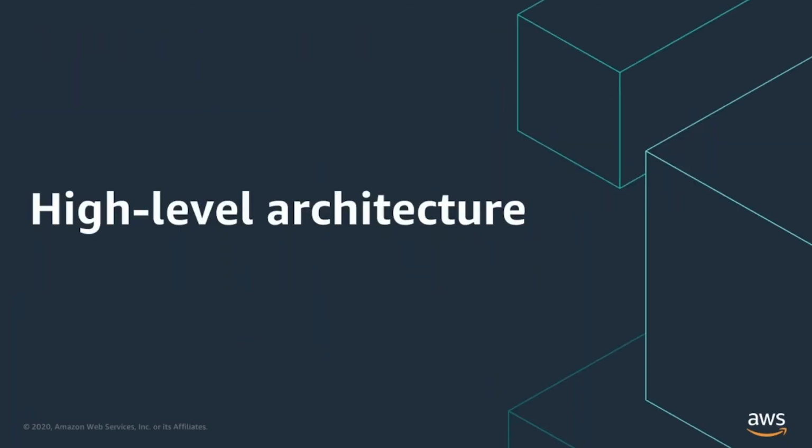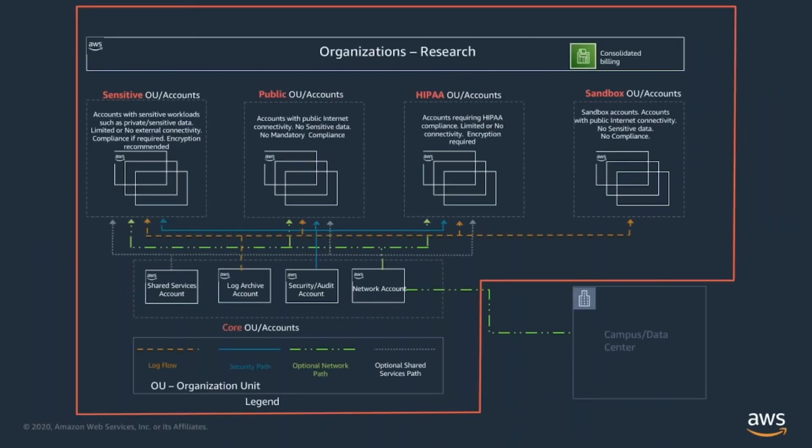Moving further, I tried to put together some sample architectures based on the questions we often hear. This slide shows an organization structure. It's a sample architecture with multiple accounts and using organizations for research accounts. This use case is where, especially in universities or educational institutions, you want to have all your researcher accounts under one organization structure, so that you could have centralized governance, security, and networking, and also